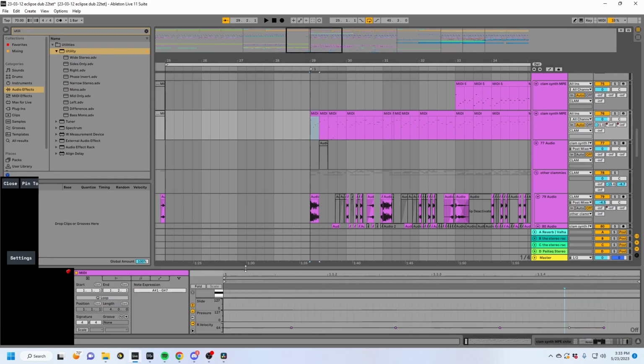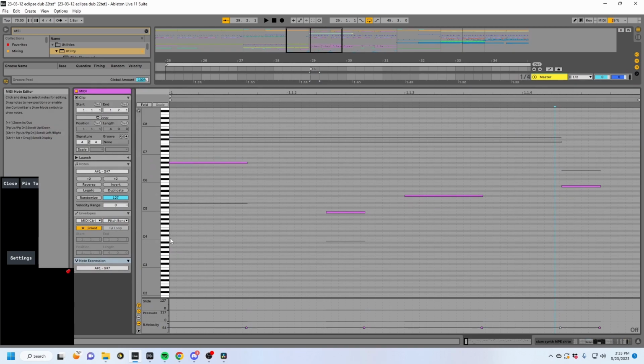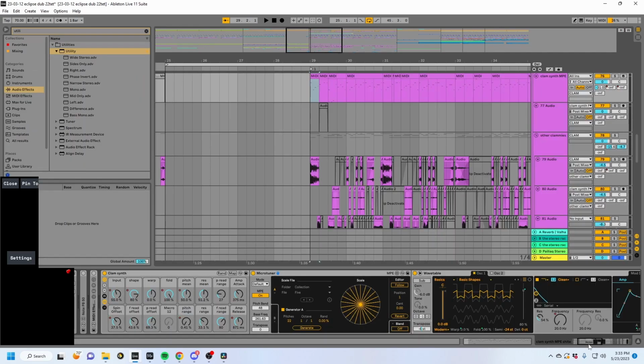So instead of one octave being from C to C, one octave ends up being what, C to A sharp, the octave above it. It's weird, but you can get pretty creative and it opens up a lot of possibilities and helps with writer's block, I think, to experiment with microtones. So you should do it. If anyone's interested, I can make a video on that. But the actual synth sounds